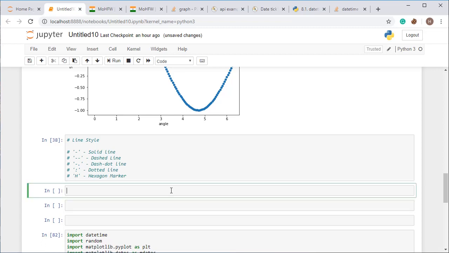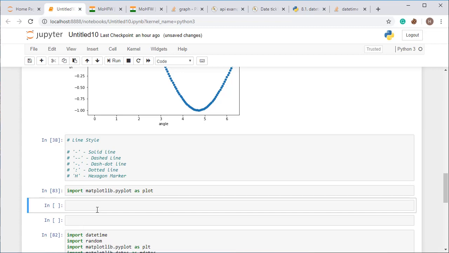Now I am going to show you how to plot a line chart or line graph. So let's first import matplotlib.pyplot, because pyplot is the package in matplotlib which is used for plotting graphs. So I have imported the library. Now I am going to set the y-axis.